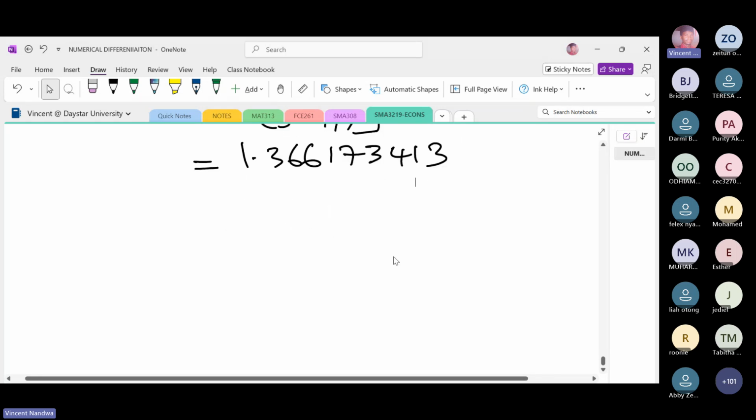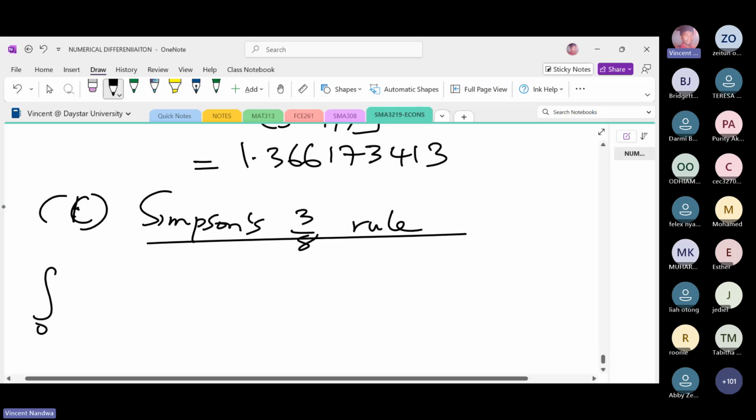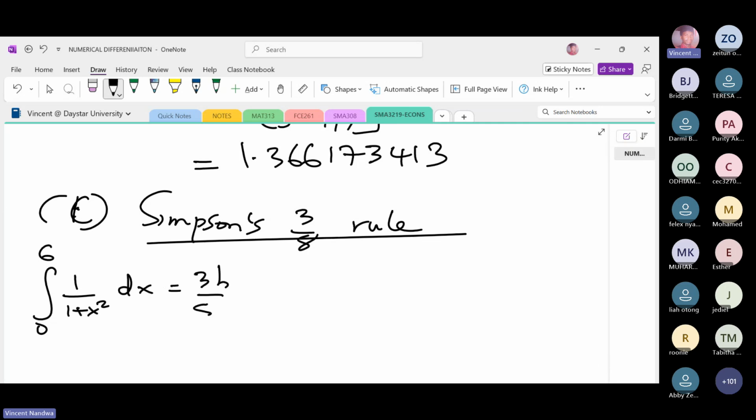Then lastly, Simpson's 3/8 rule. So the integral from 0 to 6, 1 over 1 plus x squared dx equals 3h over 8 into y0 plus y6, then plus 3 into